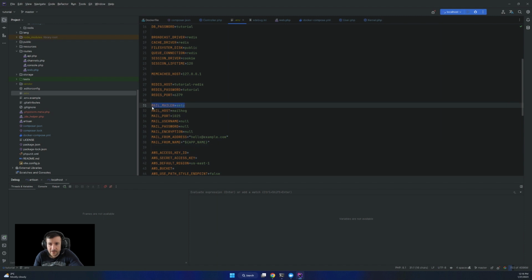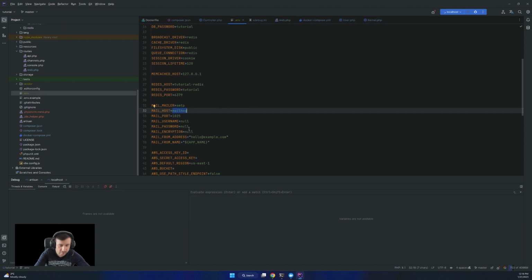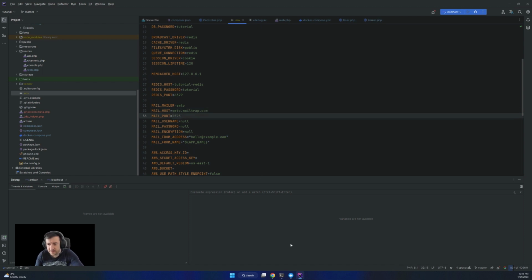The mail mailer will be SMTP, host will be smtp.mailtrap.com, port will be 2525, I believe that's the port. Then you'll have the username and password from there. The mail encryption will be TLS.